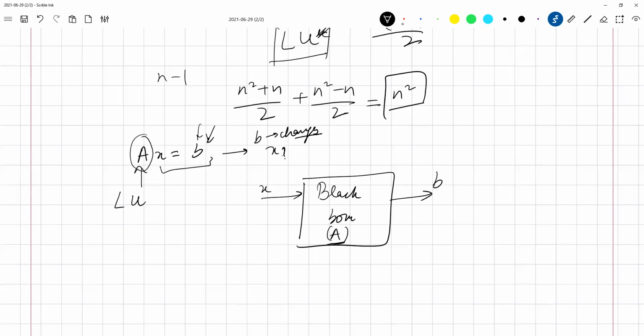Most systems, yes, most systems are like that. Their internal structure does not change. So if I know what my output is, I can find out what the input is going to be using this set of equations. And now if in most cases A does not change, the only thing that changes is what your response is. You can find out what the input is going to be. Is that all right? Yes, sir.